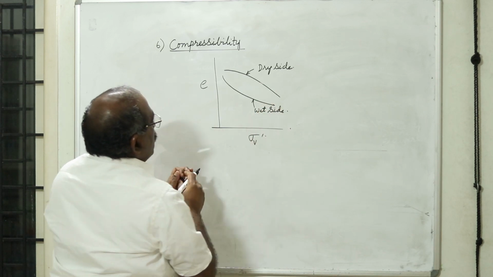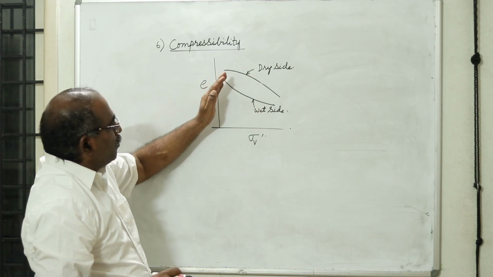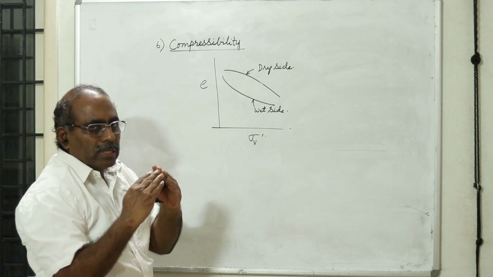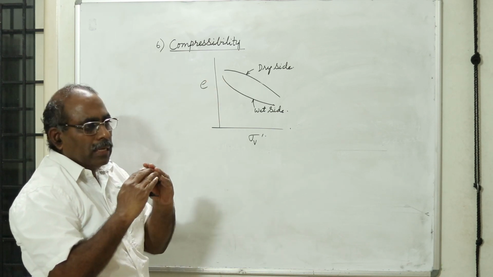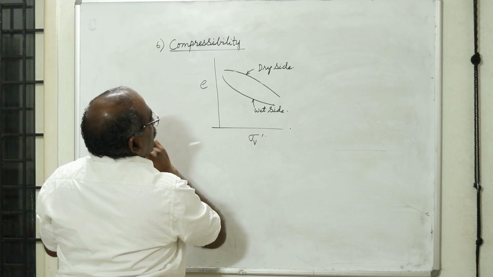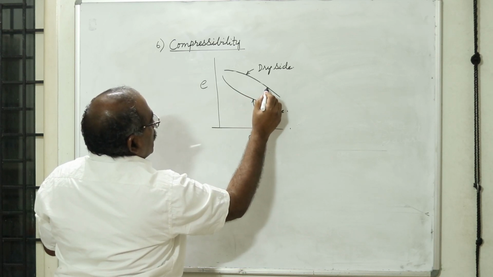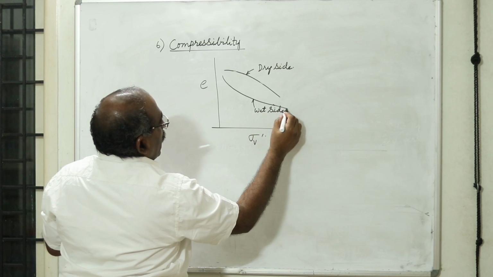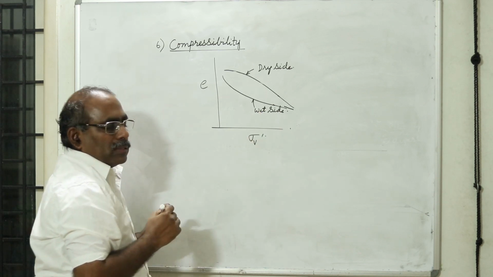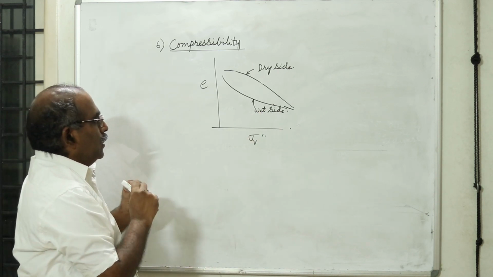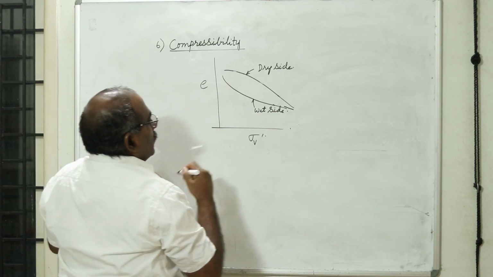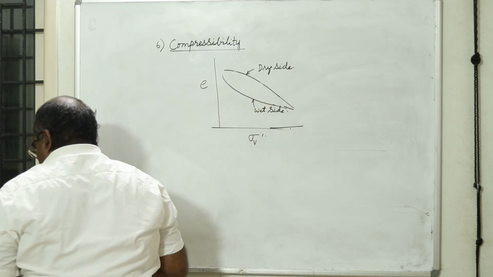Because in the dry side of optimum, slightly dry of the optimum, what happens? You have more flocs. The flocculent structure, when the load is applied, tries to prevent the compression of the soil. Therefore, you will have more load resistance, and the void ratio reduction is less. As the stress increases, slowly the compression increases. At a very high stress, both come and meet asymptotically. Now, on the wet side of optimum, because the structure is dispersed, you will have more compressibility. It starts compressing, and at higher stress, they come and meet. Therefore, the compressibility behavior is as shown in this figure.